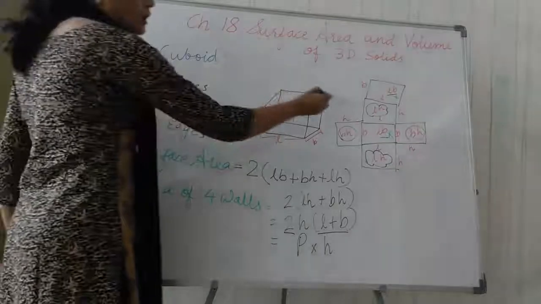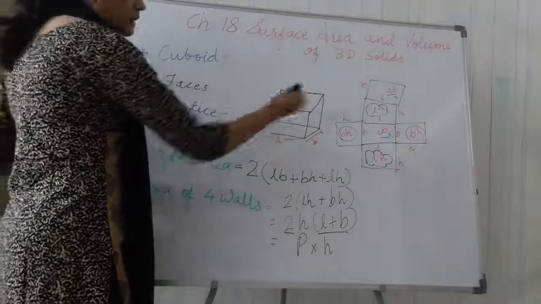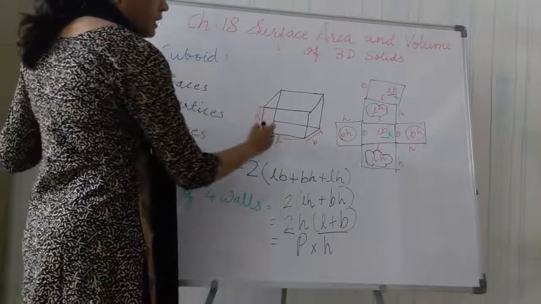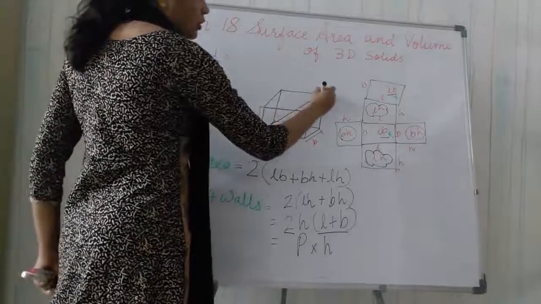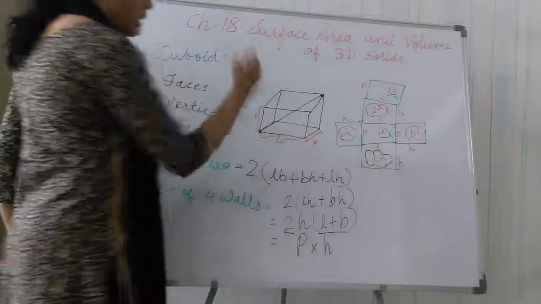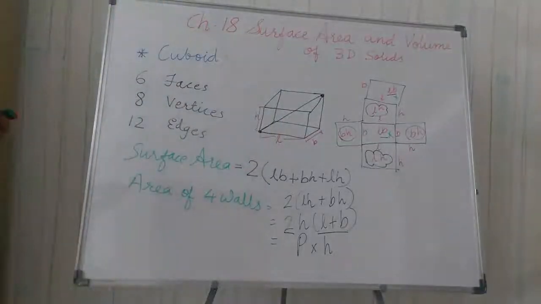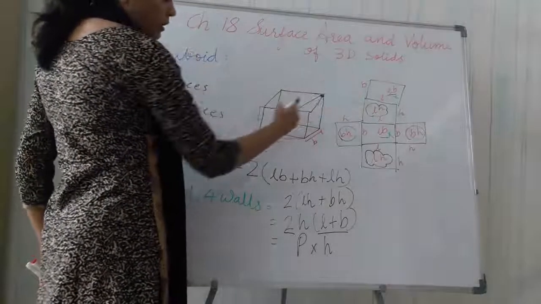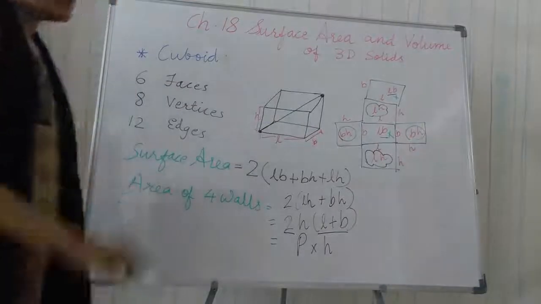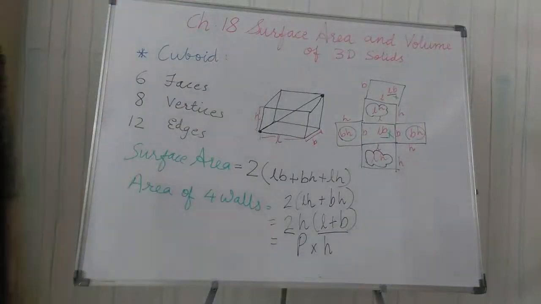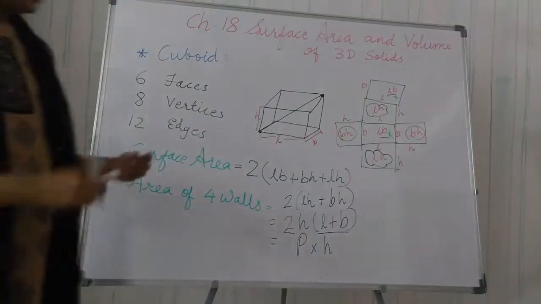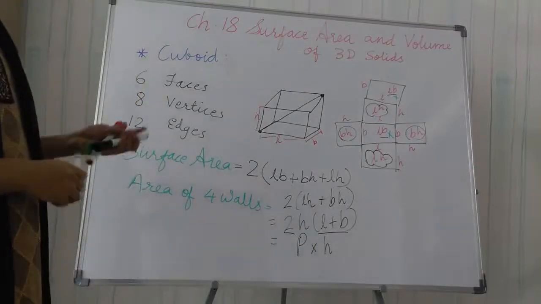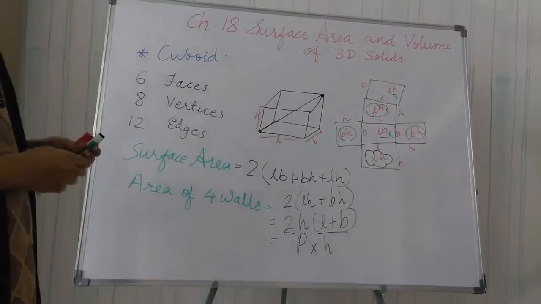Diagonal is kind of the opposite vertex. If we join vertices, then it is known as diagonal. From here to here if I join, then it is known as diagonal. If I place a rod like this, one at this corner and one at this corner, then it becomes the diagonal of a cuboid shape. So now I am explaining what is diagonal formula here.